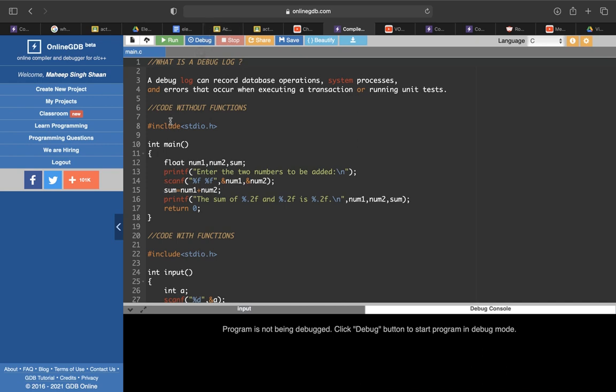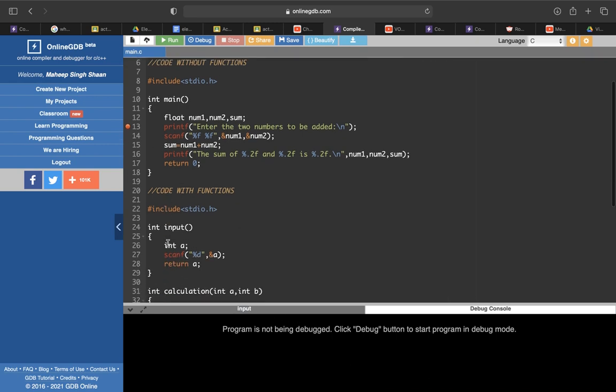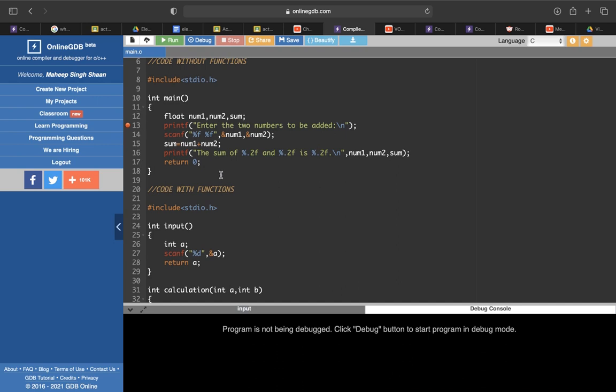Okay, so now there are two types of debugging the log. First is code without functions. In that what we do is we apply the breakpoint in the first printf statement. Whenever you see a printf statement, just put a breakpoint, that's it. And then keep on stepping over until you get the desired output. Otherwise if you see, the option of clicking step over gets disappeared. Okay, and now what I'll do is it keeps on running. My code is done and dusted. Okay, and I got my debug log. Copy paste to your assignments.